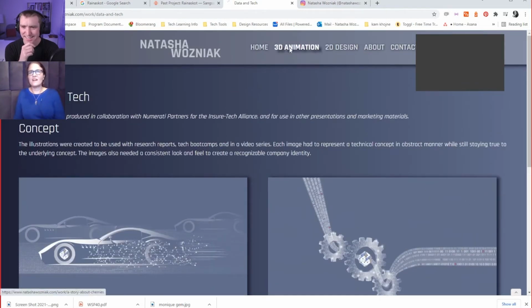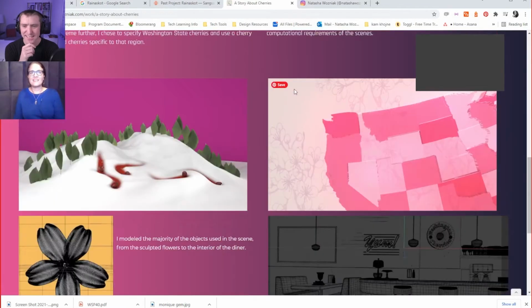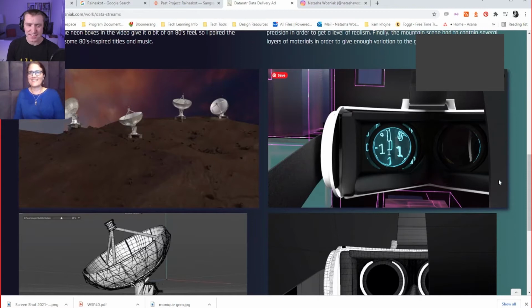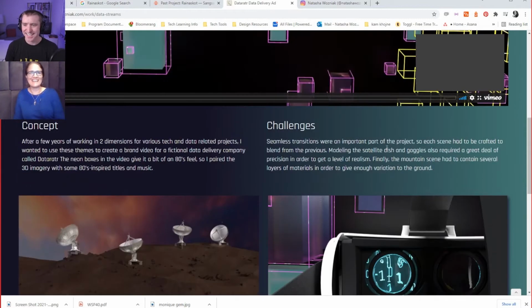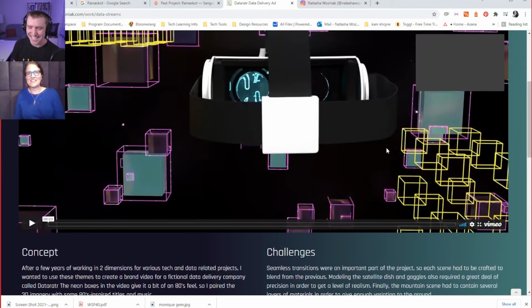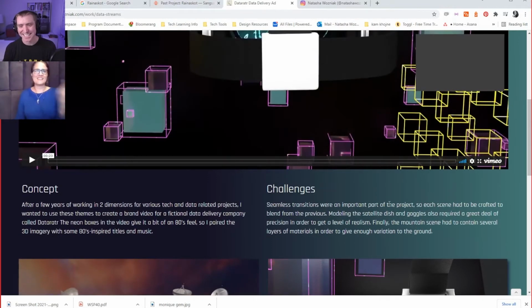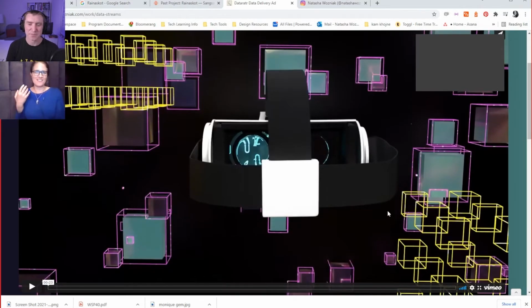So one of the projects that I did, let me see, this one is very much influenced by all of the stuff that I did in the tech illustration, with all the, you see, I put the data on the lines like I always had to do in the illustration. If you want someone to put data on a curved line in Illustrator, I've done that so many times. But yeah, I did this project because I'm like, oh, okay, I have to draw these VR goggles and these data lines and everything. Let me do it finally in 3D.